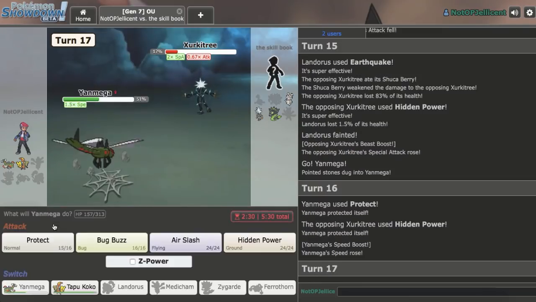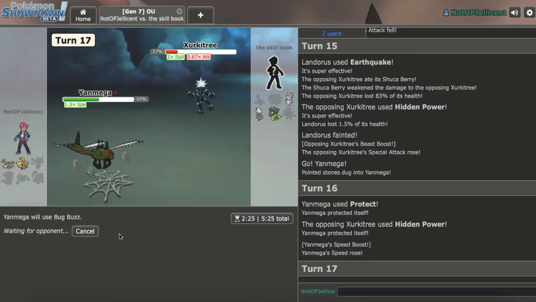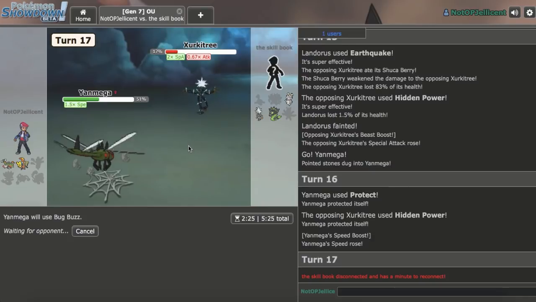I'll just Protect first turn. He doesn't have enough HP to get up a Substitute, so that's good. And now I can go ahead and just bug out of here. And then I think we lose, actually, because of the webs. I should have... Well, even if I defogged, we wouldn't have been able to knock this out. So I don't know how much that would have actually mattered. Just because even if I defogged,